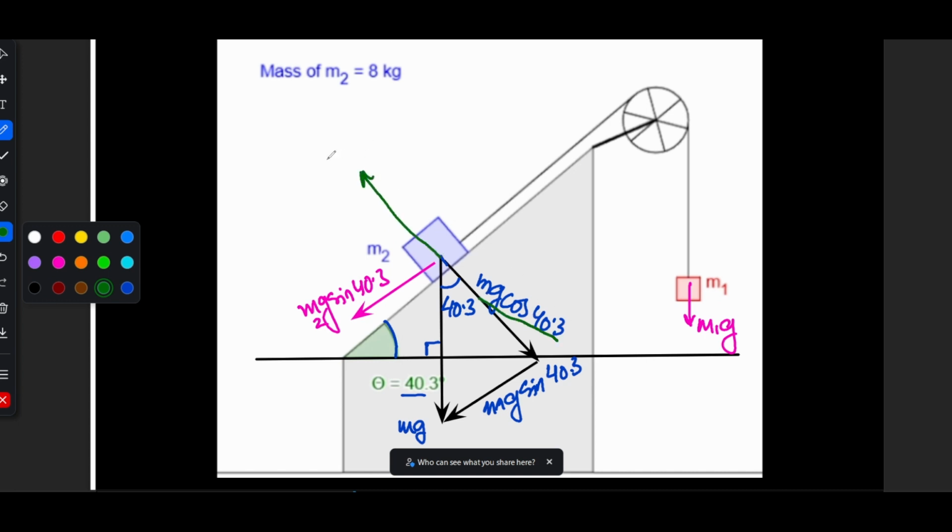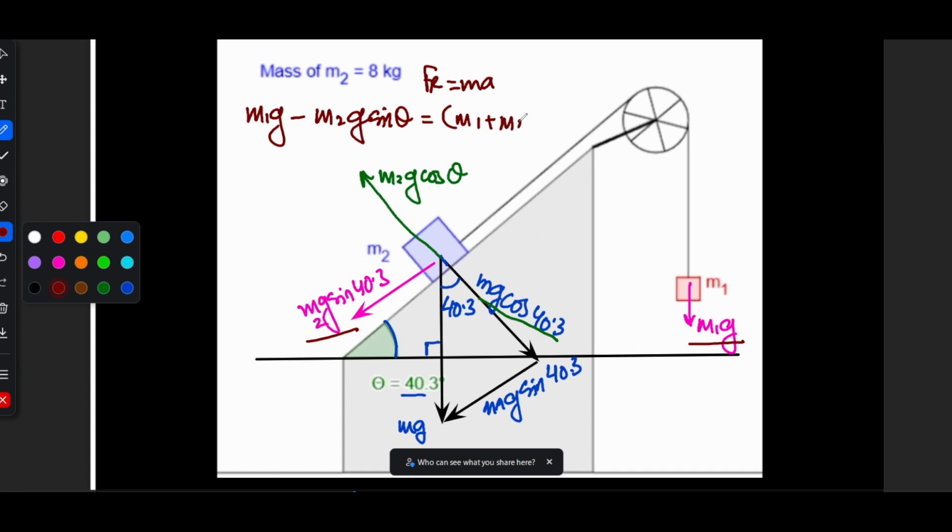And one more thing, what is this mg cos theta good for? Basically, this is the representative of the normal reaction. So this normal reaction will be m2g cos of theta, which is 40.3, right? So if I had to make the equation for this system, how would that go? That would be the resultant force equals ma. The resultant force, one of them is this one, and one of them is m2g sine theta. So that would be m1g minus m2g sine theta equals